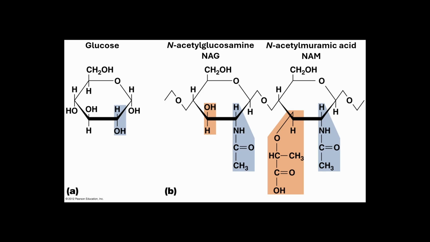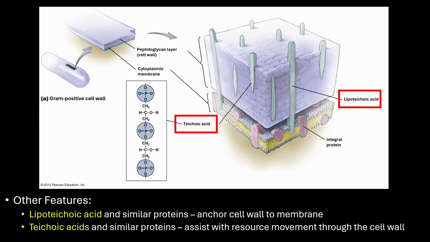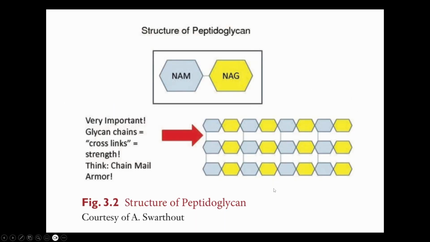Yet another view of those specific sugars. So you can see that they're actually pretty different from a glucose molecule, and they can chain up really easily. We also have some other important features that can be embedded in these cell walls. So it's important to remember also, I'll mention this, that these